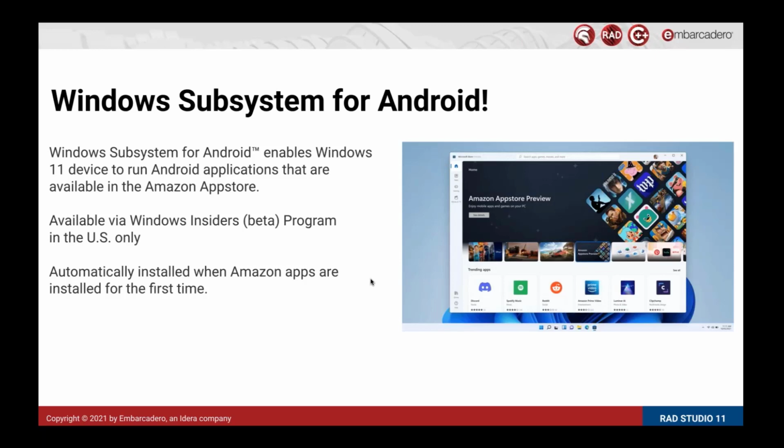Obviously, Android is Linux-based. So it's quite an interesting move that Microsoft are now partnering up with Amazon to bring the Amazon App Store to Windows 11. Now, this is actually quite an interesting play.